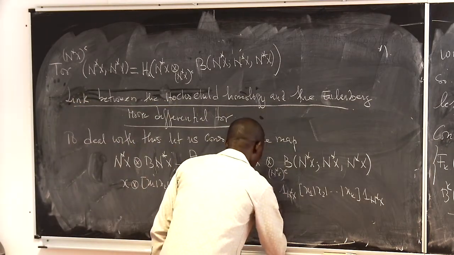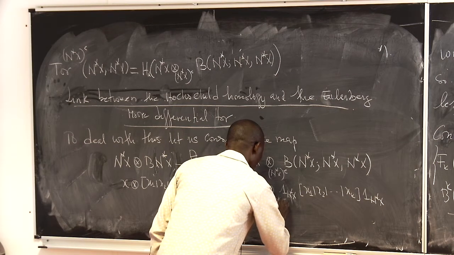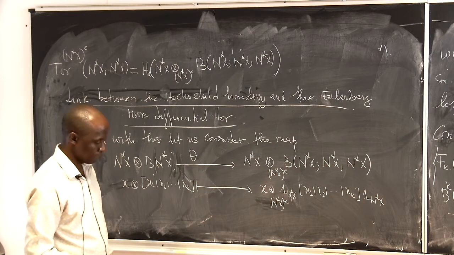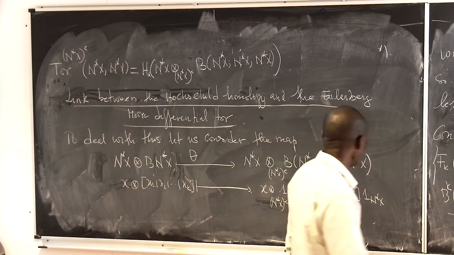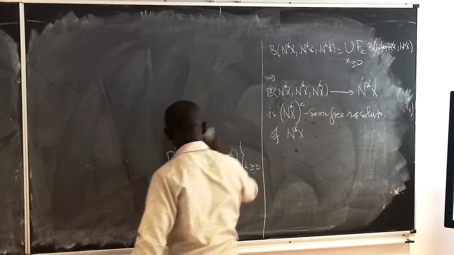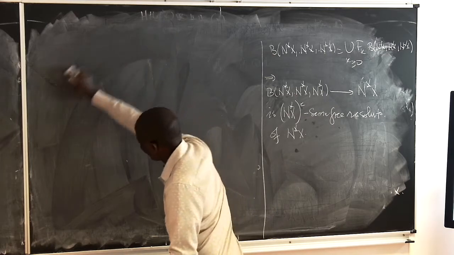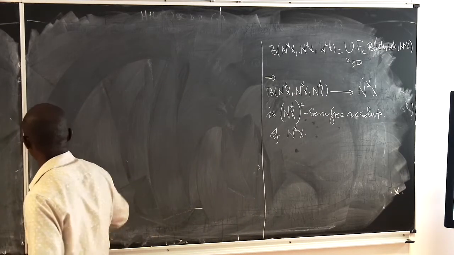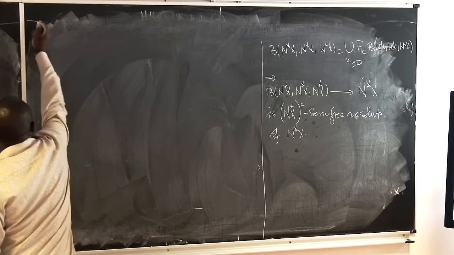Here, the transfer product is over the enveloping algebra. I claim that this map is a bijection by giving the inverse of that map,